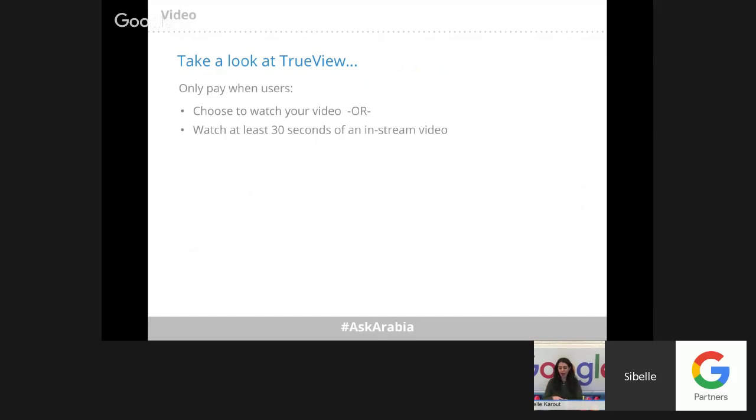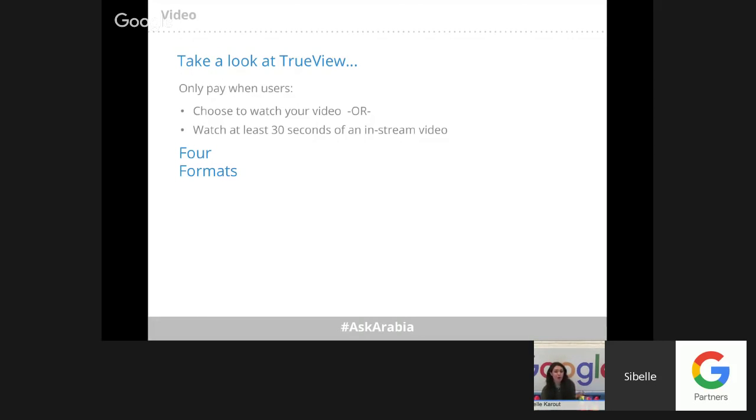With TrueView, the customer chooses whether to watch your video or not. They can watch at least 30 seconds. So you only pay if the user chooses to watch more than 30 seconds of your video, and if they choose to skip before 30 seconds, you don't pay for the view. That way you make sure that the user actually proceeded in watching your video after 30 seconds because they are interested to know more about you, which is even more effective marketing for you.